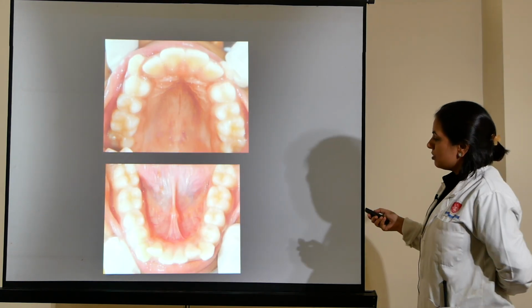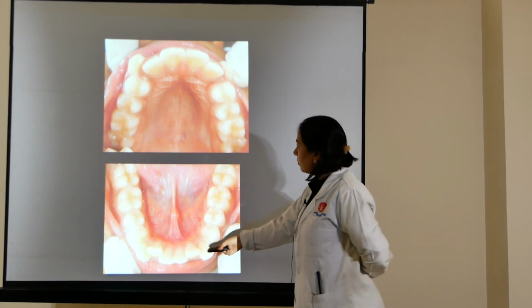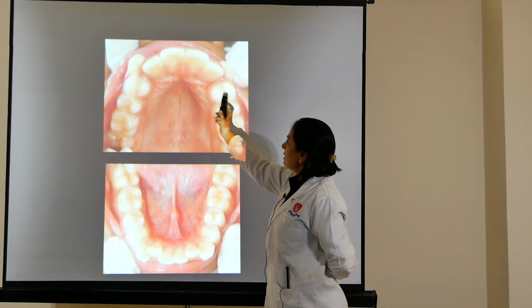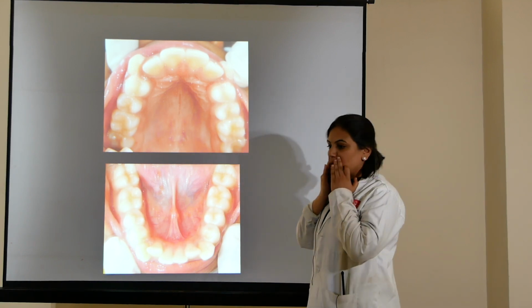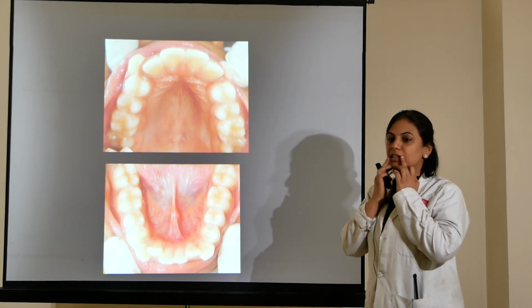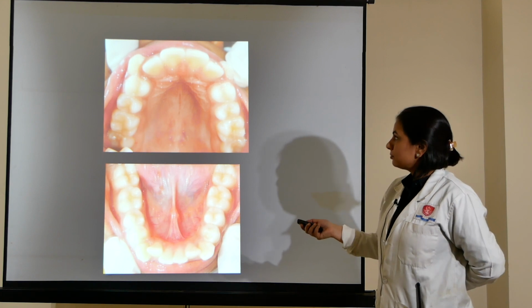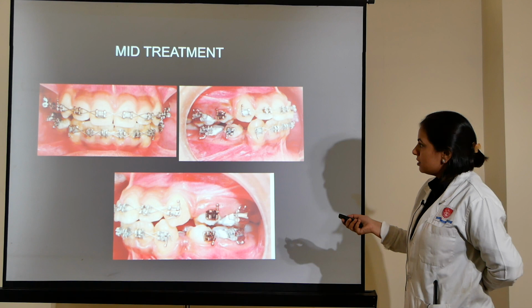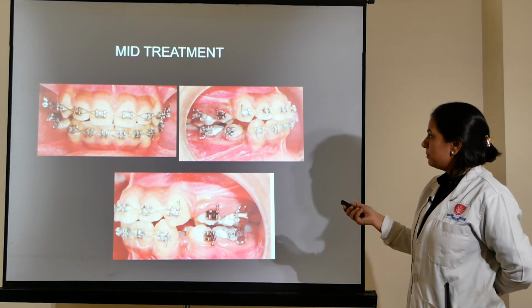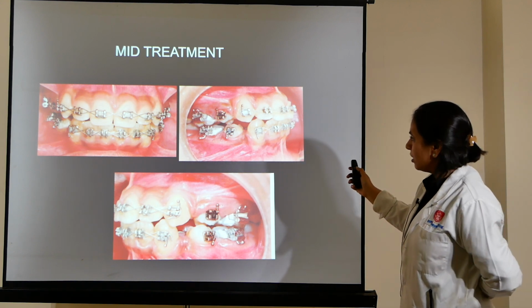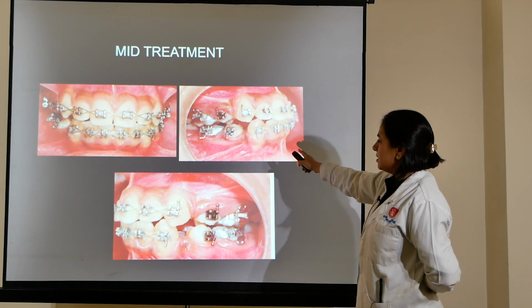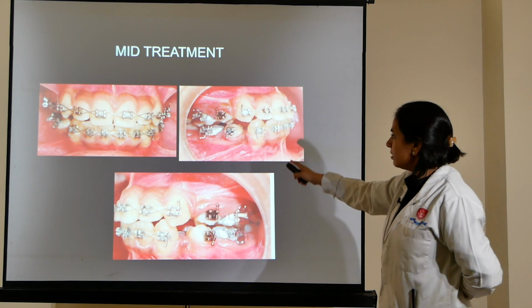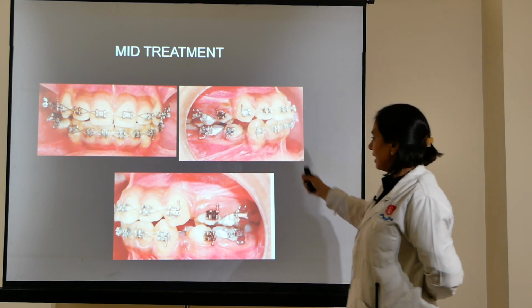This was the situation intraorally. The lower arch is crowded and the upper canines are out. If we had extracted the canines and aligned this, we would have lost the lip support which the canine gives. So then we went for extraction of all the premolars. This was a mid-treatment picture with partial extraction. Now you can see that all the canines are in the arch in about 8 to 9 months time. Molars are still in class 1.